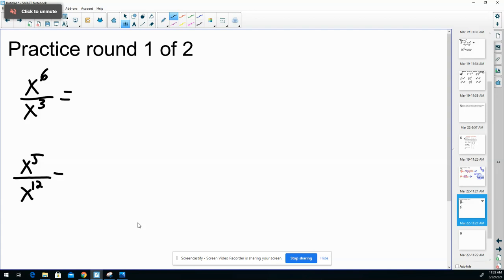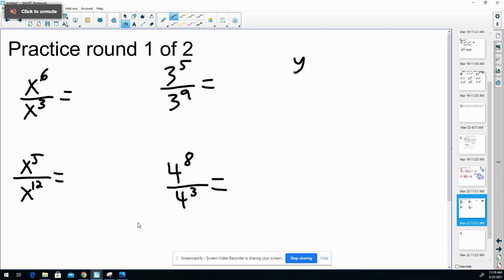X to the 5th over x to the 12th equals, you simplify that. 3 to the 5th over 3 to the 9th, simplify that. 4 to the 8th over 4 to the 3rd. y to the 17th over